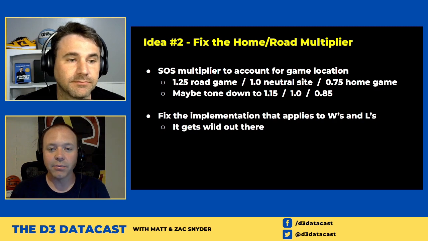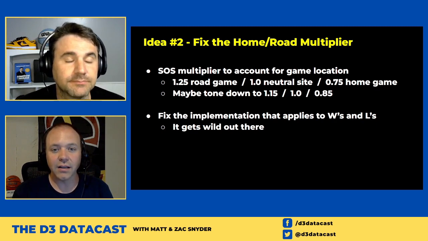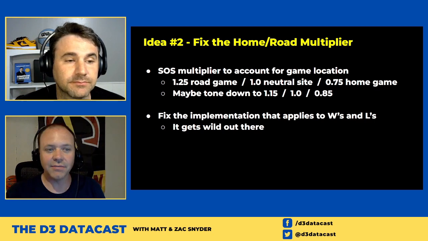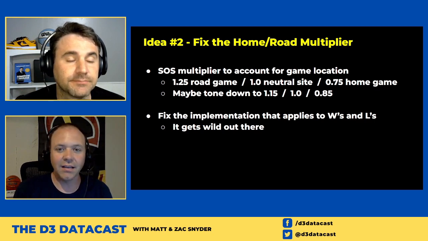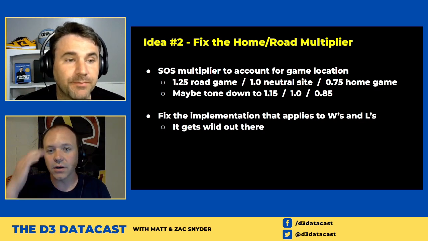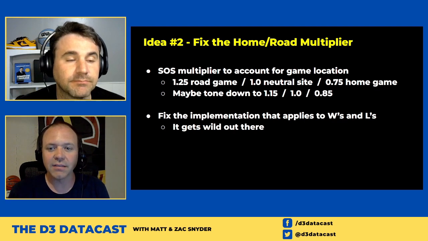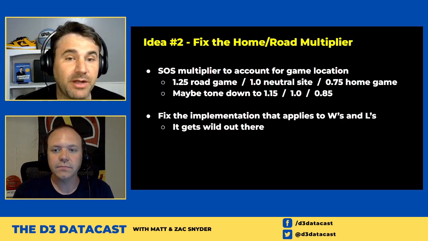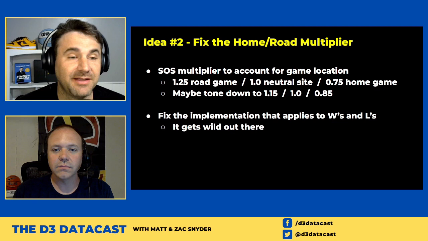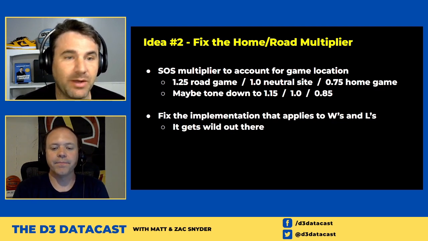You see less of a pronounced difference if you're talking about teams that are very different, right? A really good team is going to be heavily favored even at a weaker road opponent. Yeah. So I think that 59%, 41% win probability is sort of the maximum real world that we would expect. Yeah, so maybe that lends credence to a 1.15 being more in line with what we might actually expect than a 1.25.